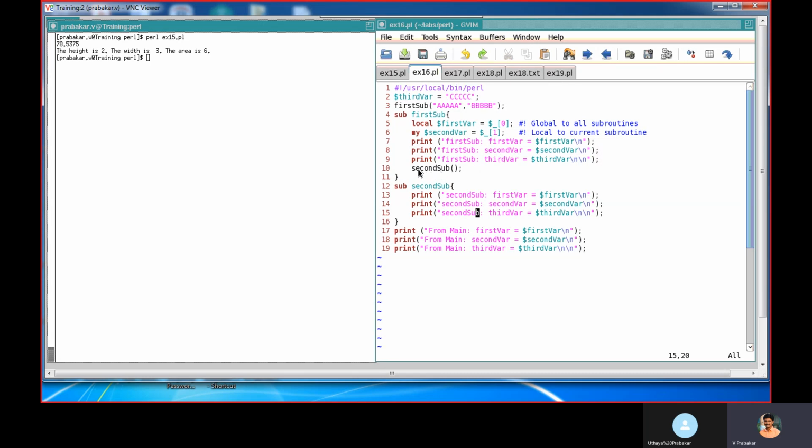And in the second subroutine, which is called inside the first subroutine, we are just printing the values of first var, second var, and third var. And in the main program, we are printing first var, second var, and third var. Run this and check.